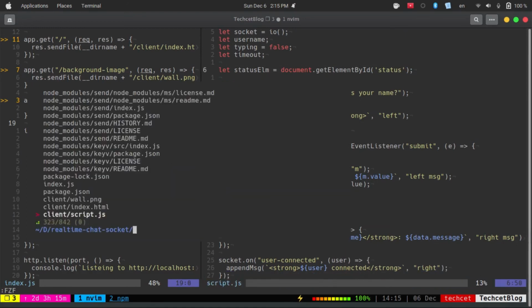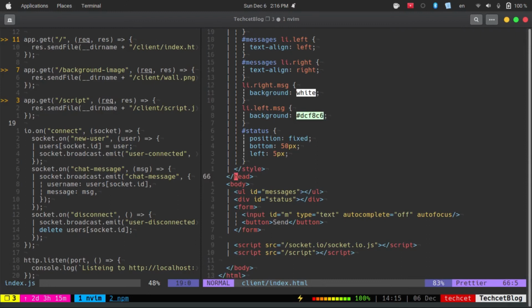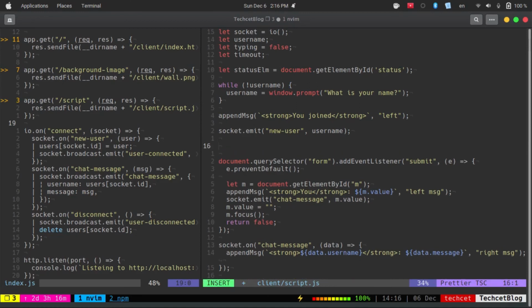I'm just going to show you the index.html file, and here I have made an element that is status with a division element, and then I have made a status that is position fixed, bottom 50 pixel and left 5 pixel. Okay, now let me open our script.js file, and we have the status element,